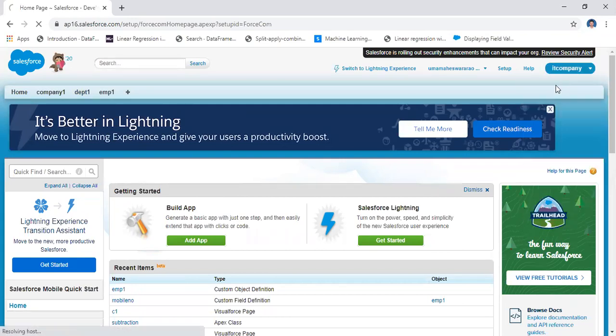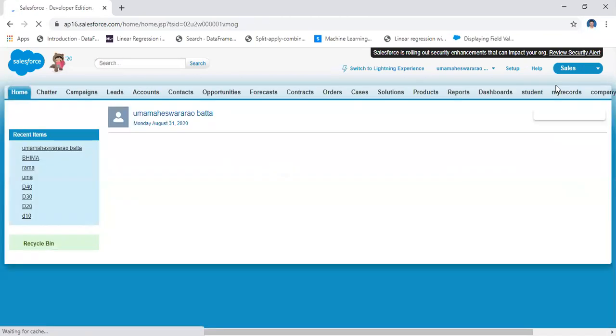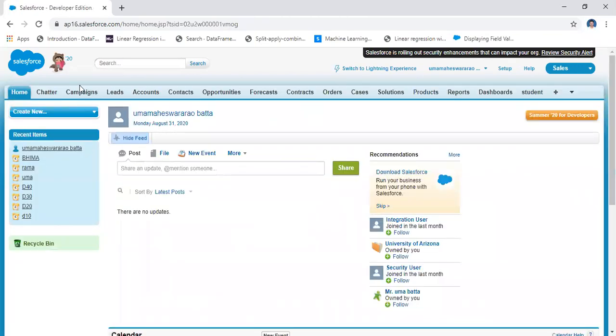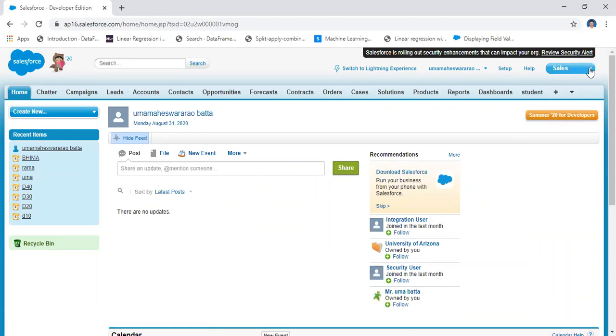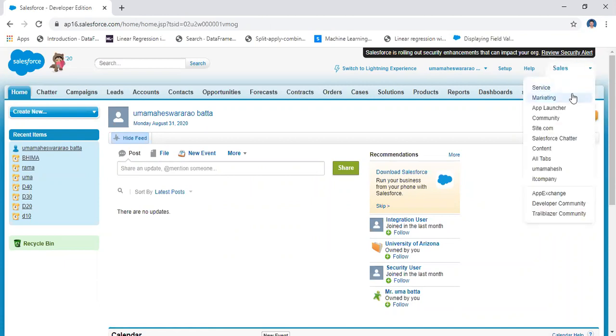Sales is one application, an application developed by Salesforce. On the right side you have different applications, just like a mobile phone having different applications. Sales is one, service is an application, marketing is an application, App Launcher is an application, community is an application.